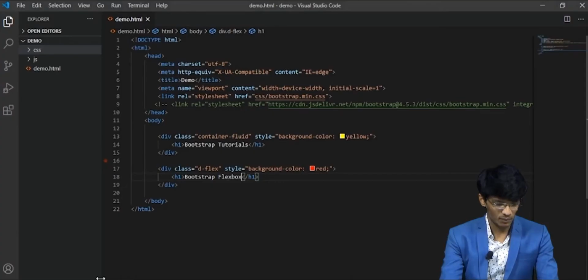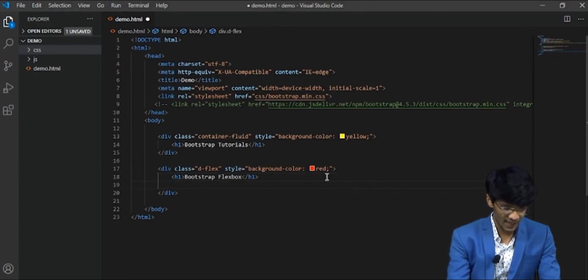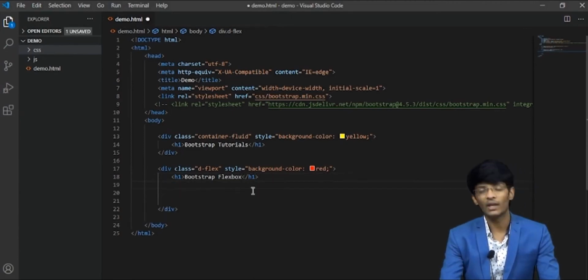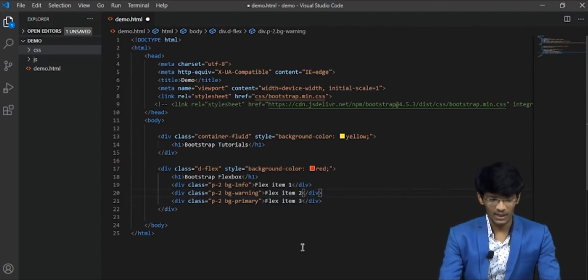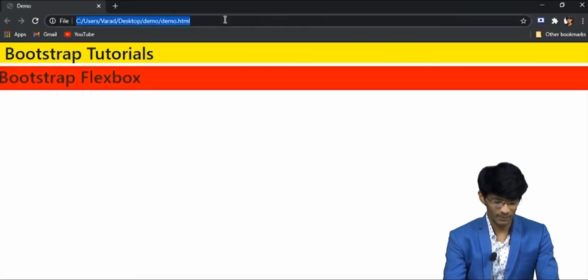But now what we will do is, we will have some other divs. Okay, so now we can take 3 div classes. And now let's see what happens.